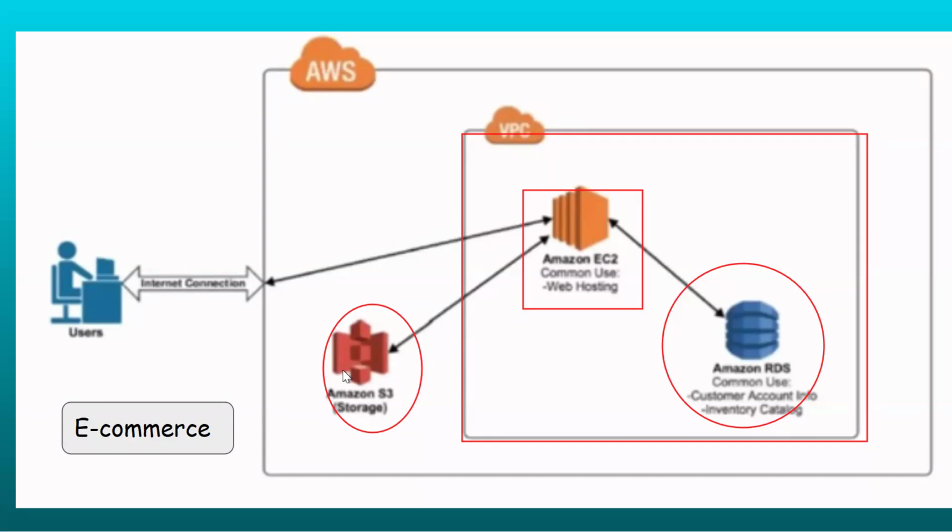EC2, S3, and IAM together form one bunch of modules, while VPC and RDS will be treated as one module. Under this VPC there are many services like subnetting, internet gateway, private network, public network, and hybrid. Then in RDS we're also going to learn many things: private network, public network, load balancing, what the uses are, what replication is, and the same with DynamoDB. So there are a lot of services.